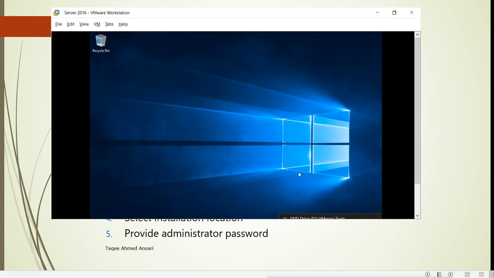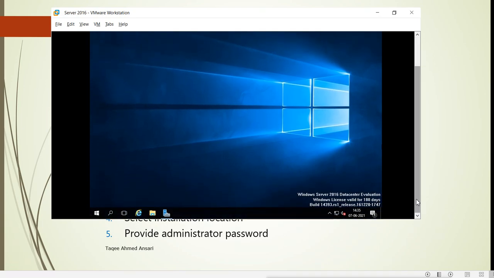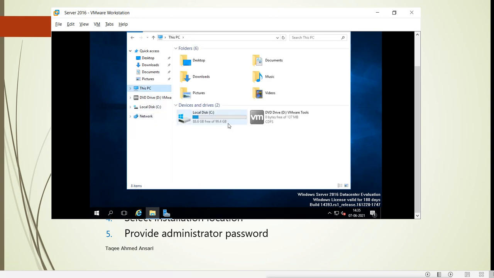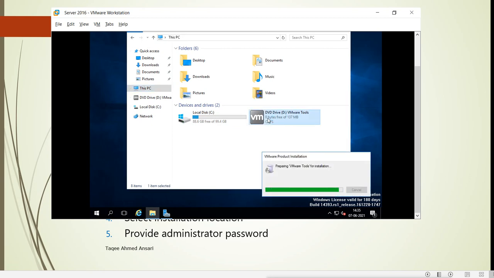I will go to File Explorer, and I can see here the VMware Tools DVD, and I will run it from here, and it will start installing VMware Tools. Now it will take a little time.